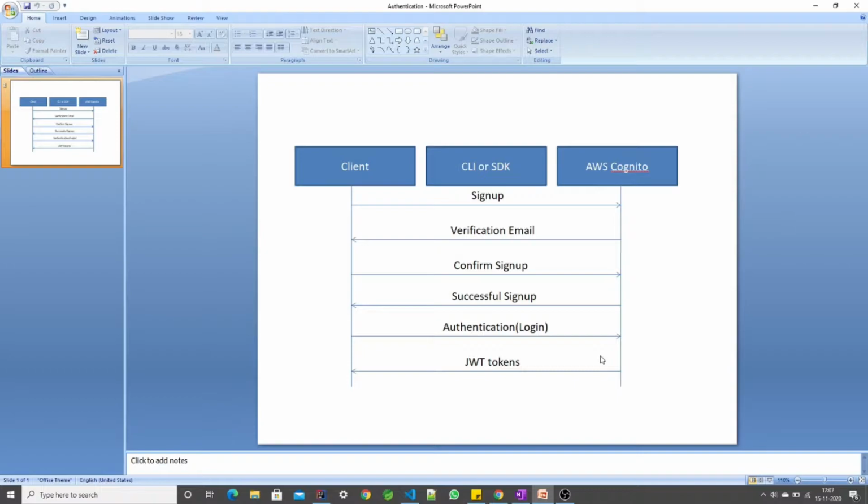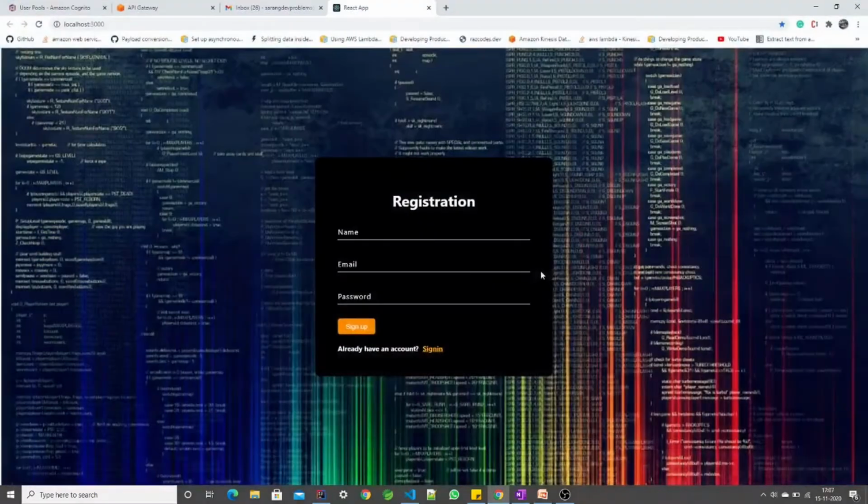These three tokens I will explain in the next video, the part 3 video of the Cognito series. We will talk only about authorization in that video. Let's now focus on the authentication flow. As I said, we're going to use the Java Cognito SDKs. I have also created one demo where I will explain the sign up and login, but first let's understand the flow.